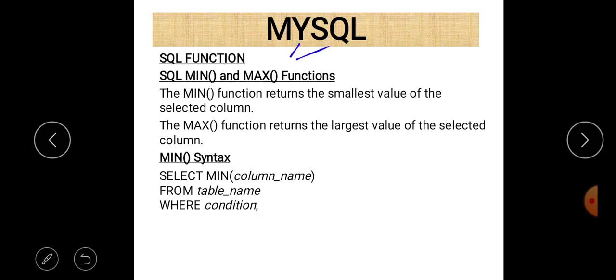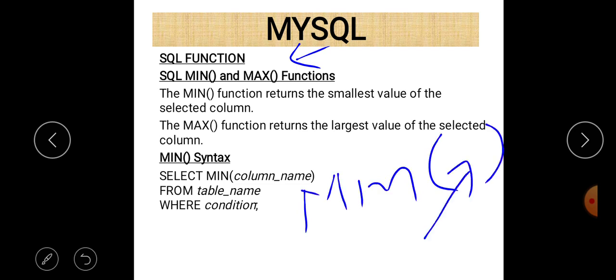Next are the aggregate functions. These are the different aggregate functions: min, max, count, sum, avg. The min function is used to find the minimum value, and its use is very simple. Just write the name of the function, and then within parentheses you can write the name of the column. So it will calculate the minimum value in that particular column. If you write max, it will find the maximum value in that column. avg is also an aggregate function; it will return the average value of that column.